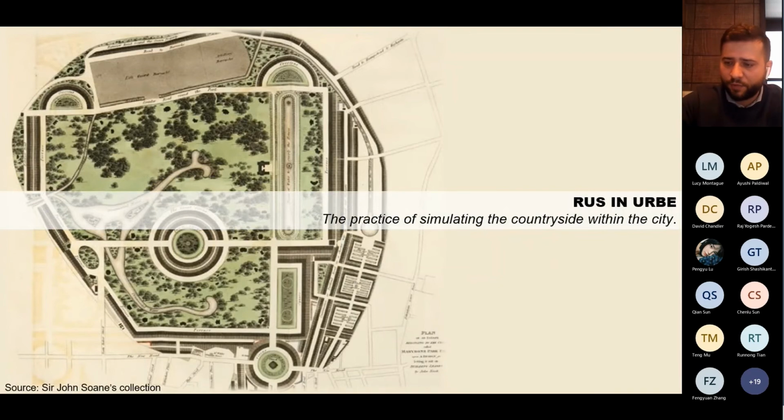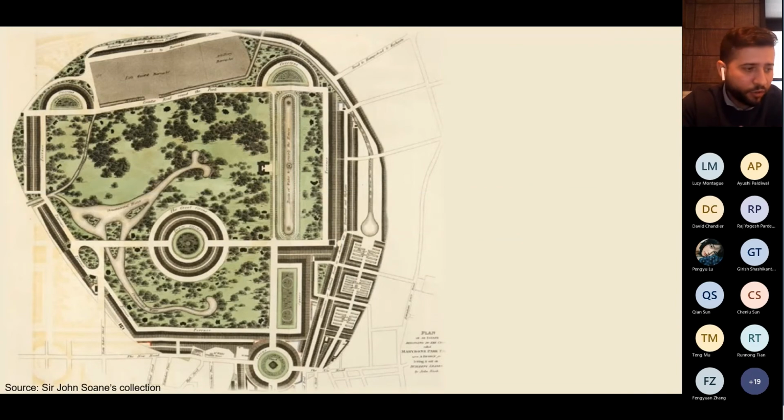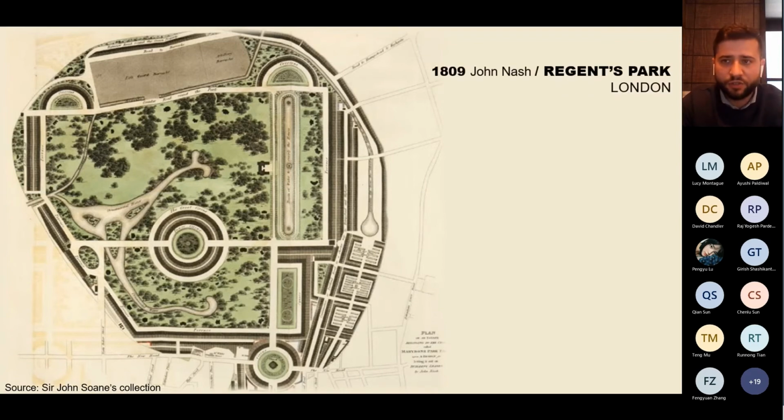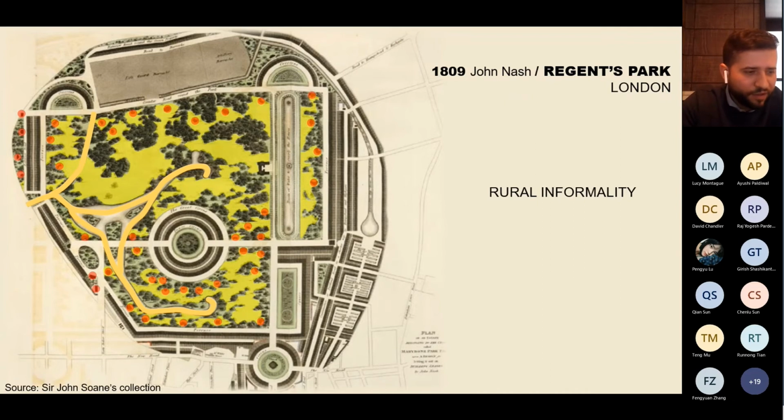This is the first plan for Regent's Park designed by John Nash, in which we can appreciate its winding paths and water ornaments, and hidden villas in the groves, which compose the rural informality of Nash's plan, in combination with the urban formality of some iconic pieces of urban planning, such as the terrace house buildings, the crescent shapes, and the circus shape. This curious morphological combination and dialogue between natural and geometrical elements of planning represent some of the most important aesthetic contributions to